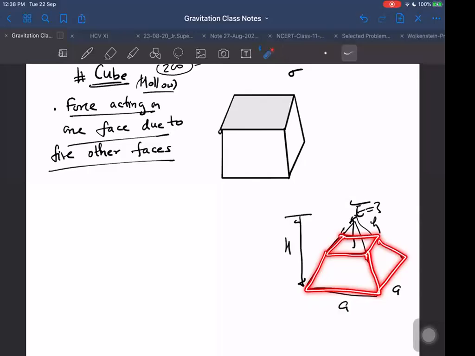Olympiad level means if you modify some question. I am giving you some questions. Not only those, you should be 100% able to do. Other than that, if you see some question which is modified from the questions which I have given, you should be able to do those also. Then you have achieved the Olympiad level.